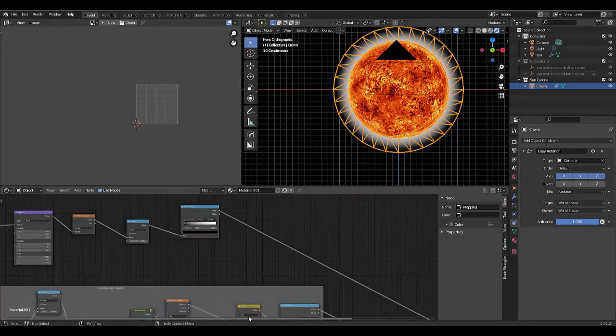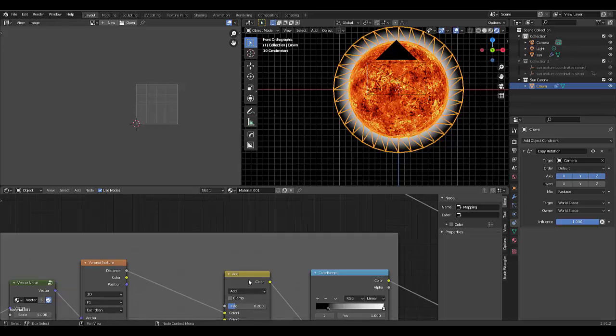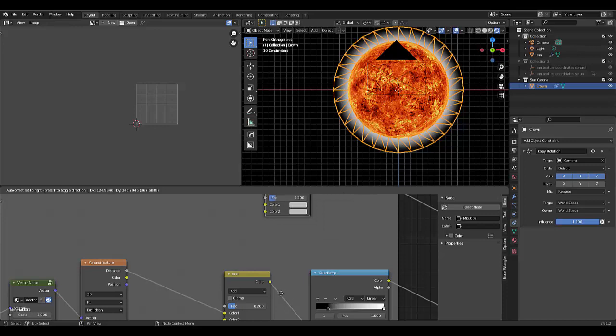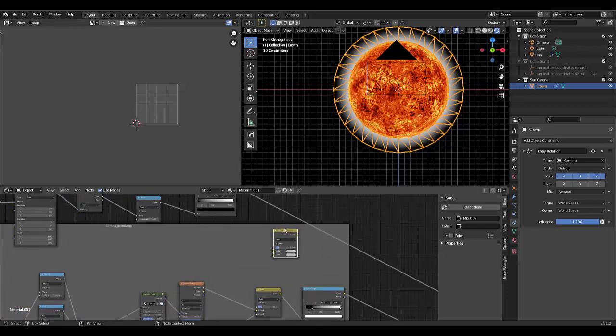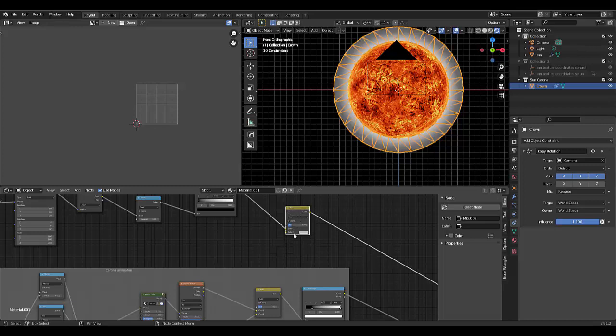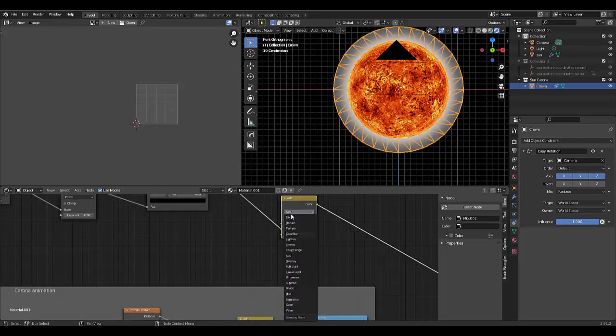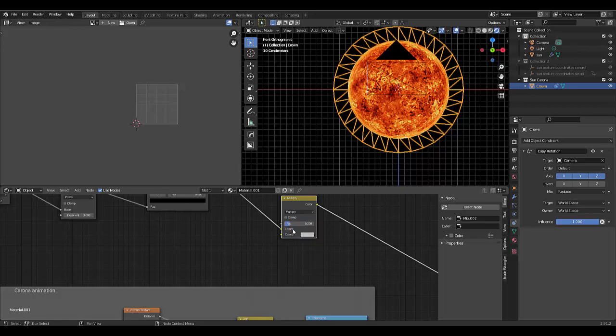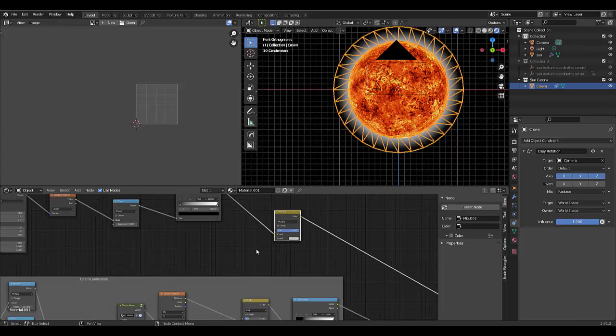Go over here to where you have this and press Shift D to duplicate it. And click over here. And with this being the only object you selected, press Alt P, so it's no longer part of that corona animation and it's its own thing. Chuck it in over here, and change add to multiply. And just increase the strength to 1,